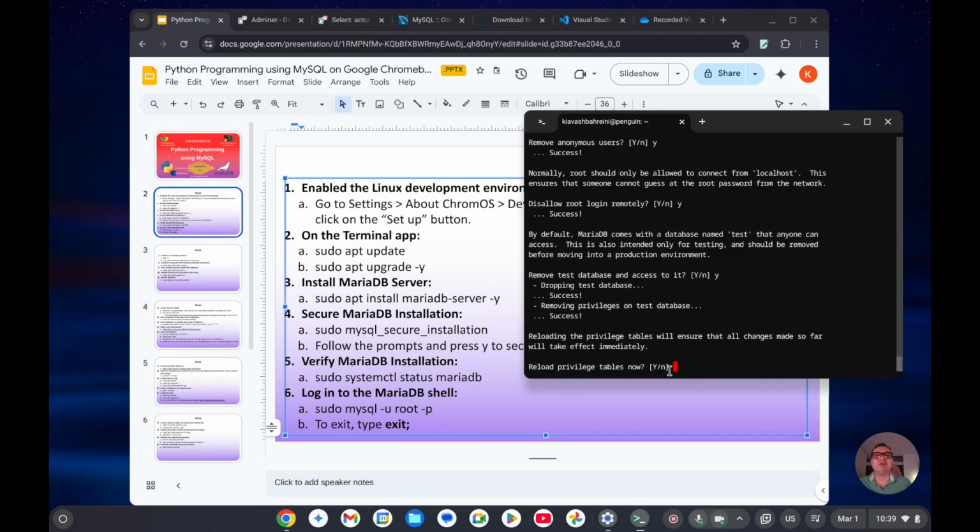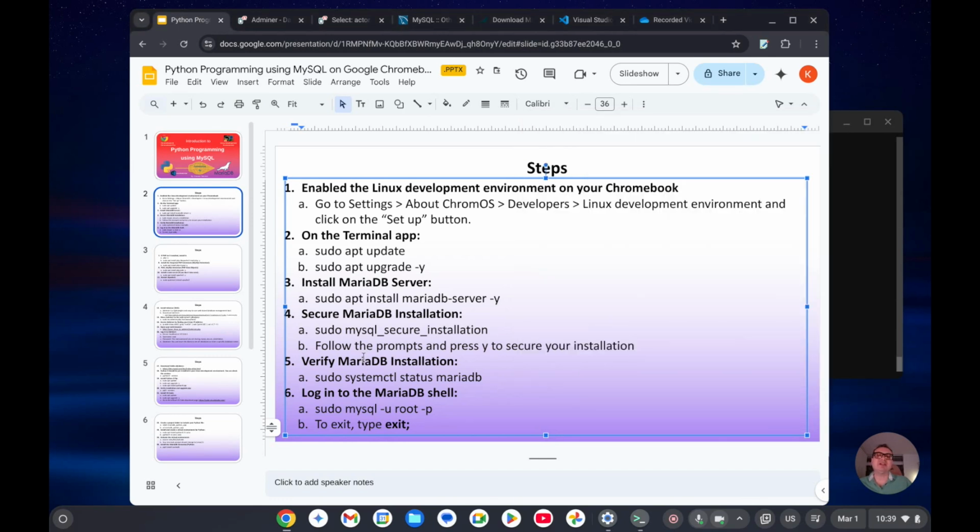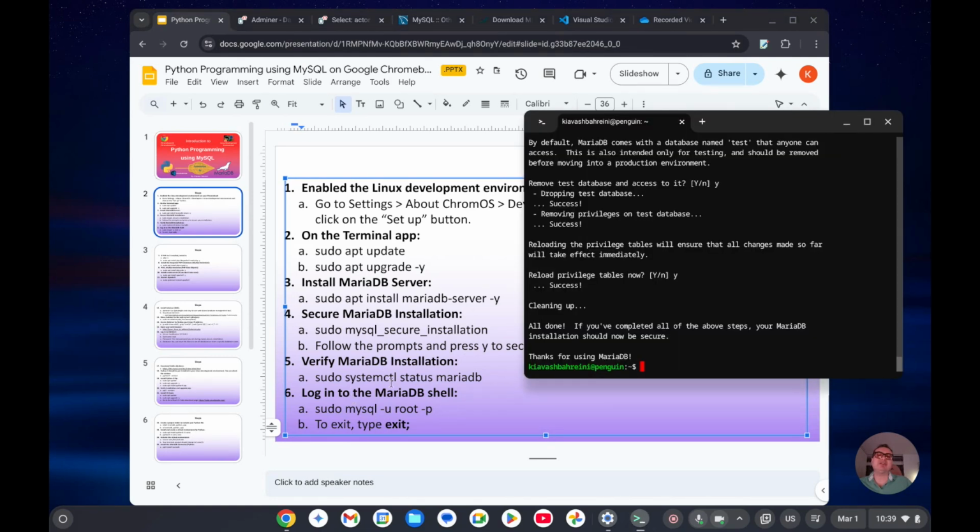Reload privileged tables now. Yes. Go ahead. All right. Now we have also secured our MariaDB installation. The next step is to verify MariaDB installation. So in order to verify MariaDB installation, we just need to type sudo